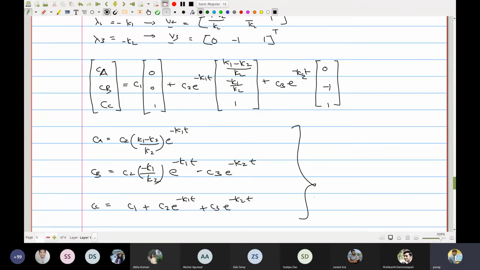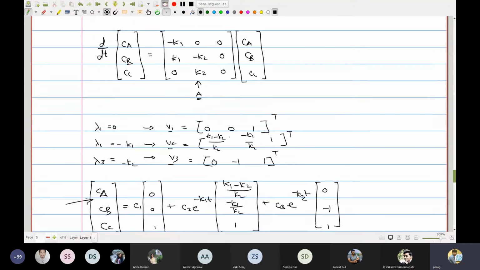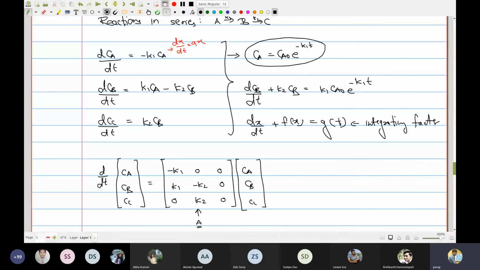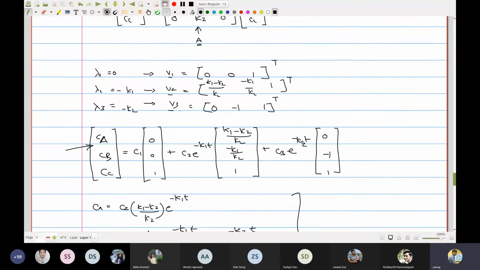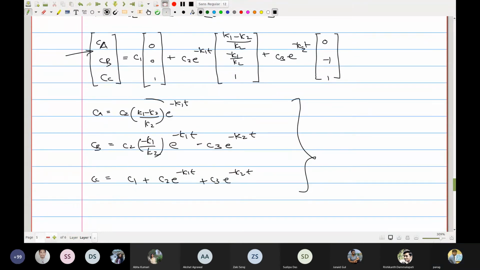So you had the choice of sequentially solving, which I believe you used to do in your reaction engineering courses. Now you solve this using this dynamics approach. What we are interested in looking at, especially in this particular course, is how these dynamical variables, and my dynamical variable is this vector CA, CB, CC, change with time. And what are the effects of different parameters? You see here, we wrote the solution CA0 e to the power minus K1t, right? And this is precisely what you got.